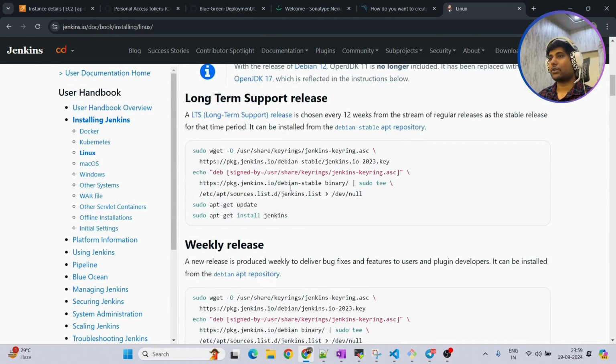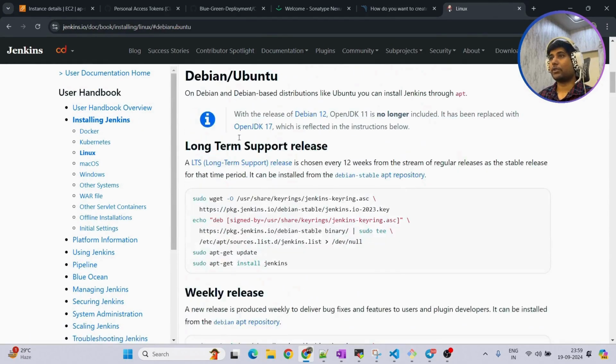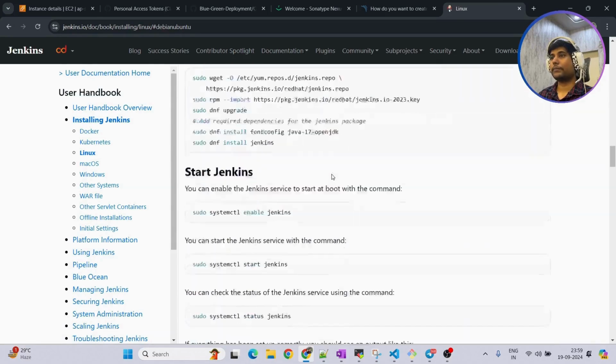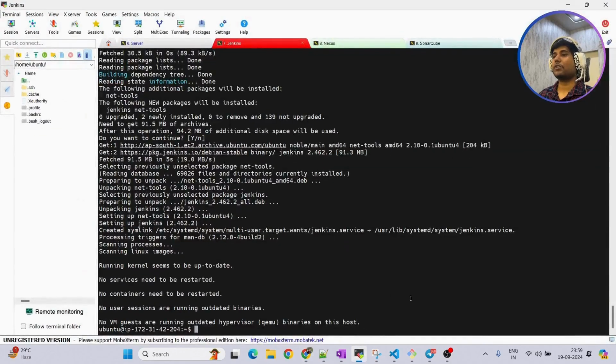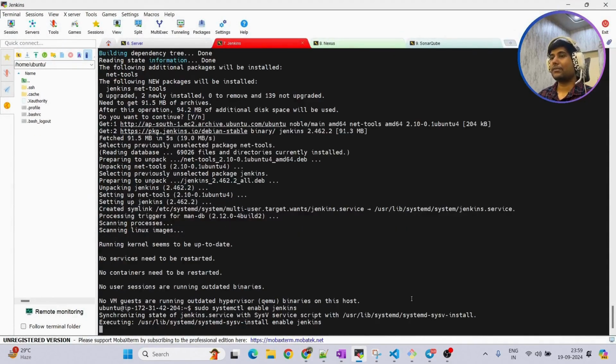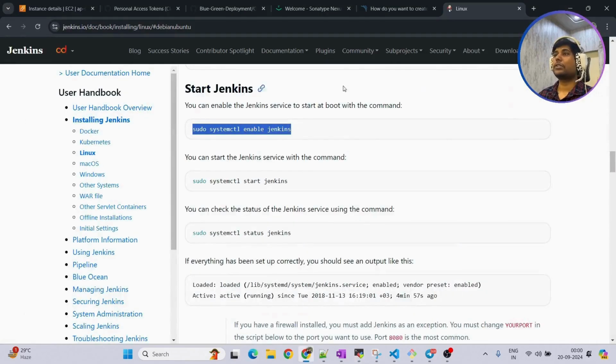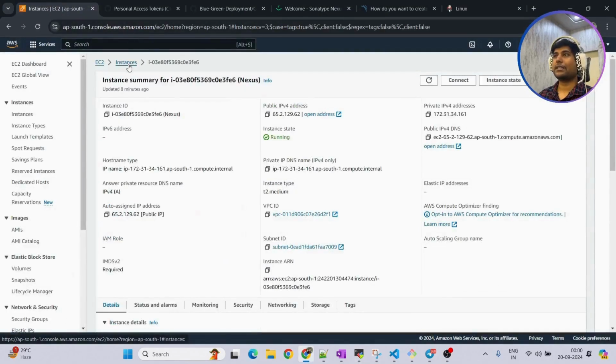After you have successfully installed Jenkins, let me select Ubuntu, scroll down, and make sure to run this command, sudo systemctl enable jenkins, so that even if the machine gets restarted, Jenkins will still automatically run. Basically, as soon as the machine starts, Jenkins will also start. Okay, so this is done, and now we can access Jenkins as well,